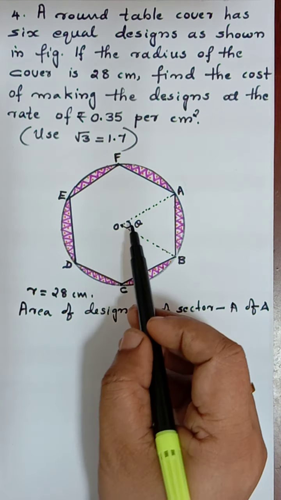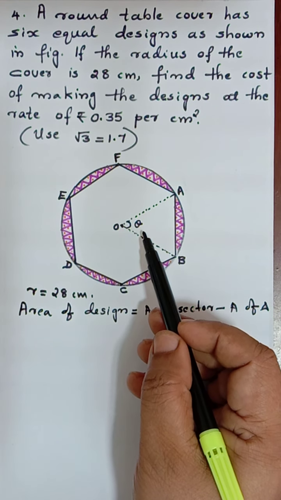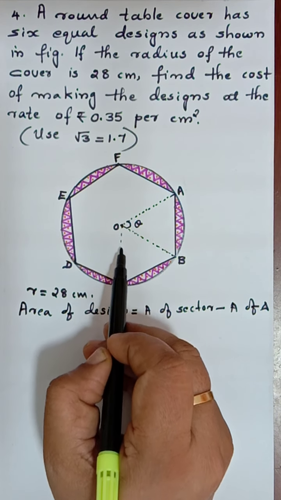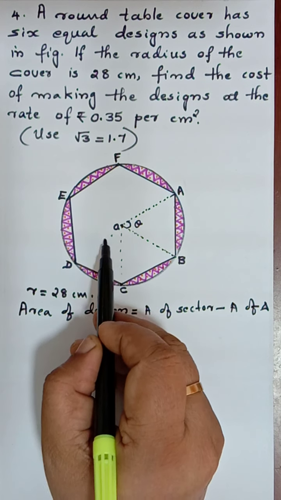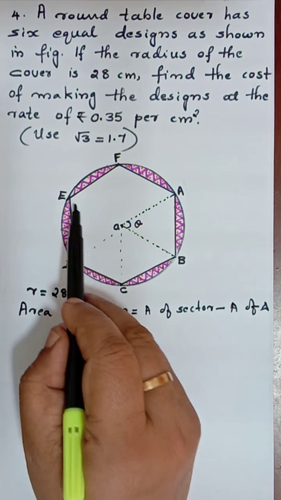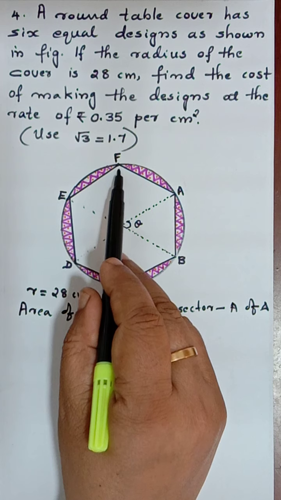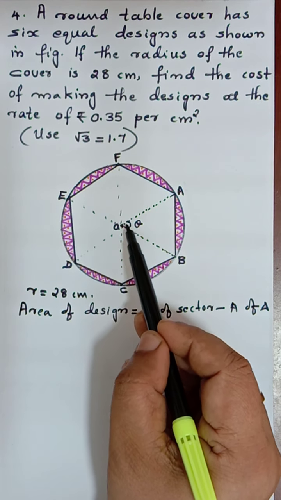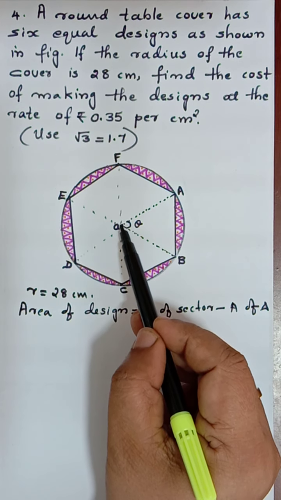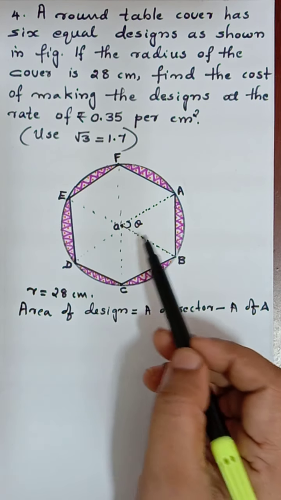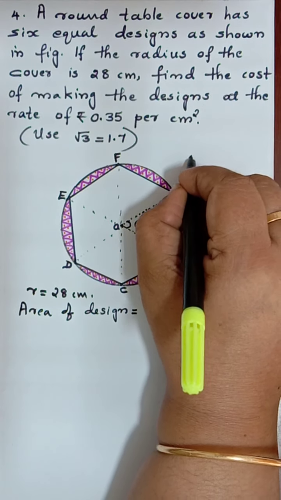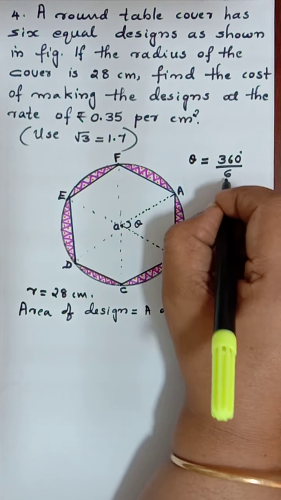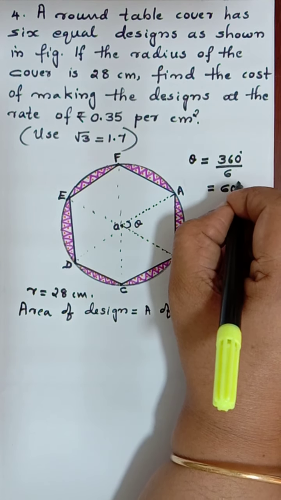So first let us see what is the angle. Theta is not given to us. And here we know that 6 equal divisions are there. That means 6 portions are made like this. By joining by dotted line, you can see that 6 equal divisions or 6 angles are formed at the center. So the sum of all these 6 angles equals 360, that is the total of the angle. So 360 by 6 will be our theta. Theta will be equal to 360 divided by 6, that's equal to 60 degrees.